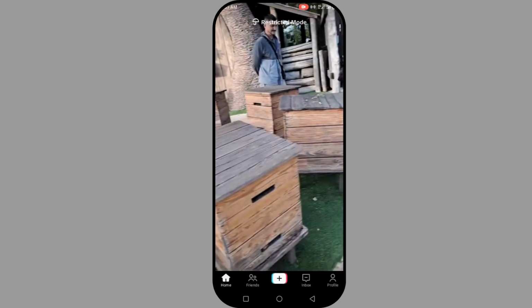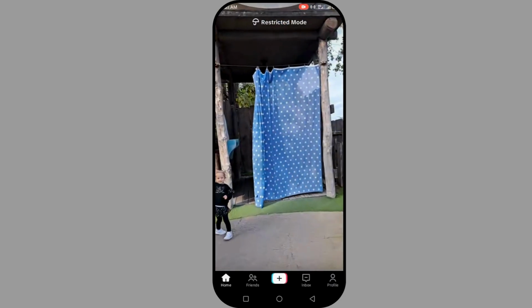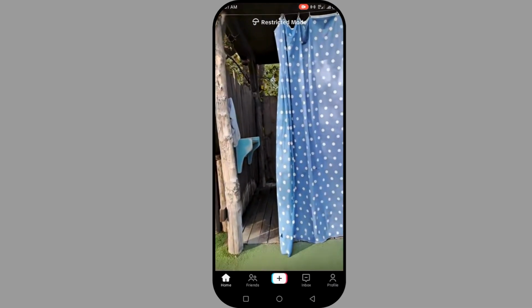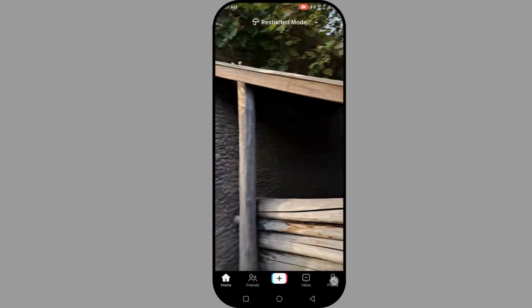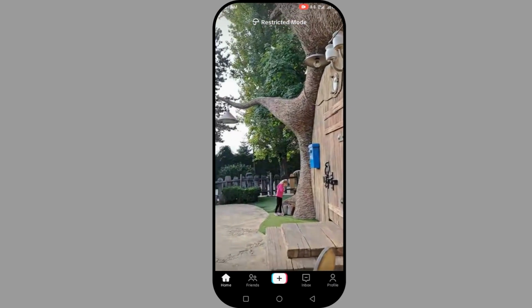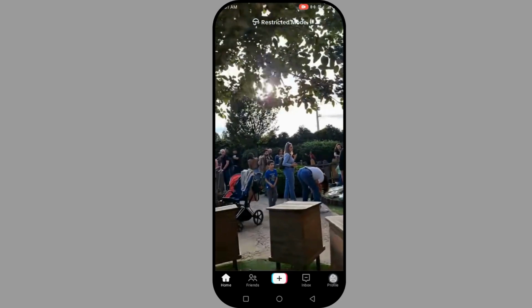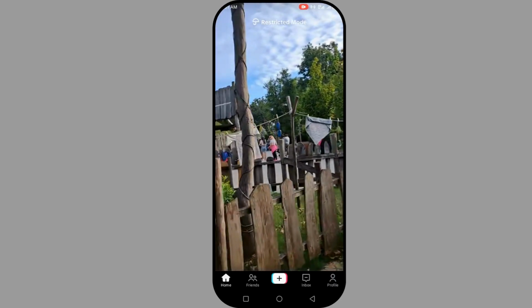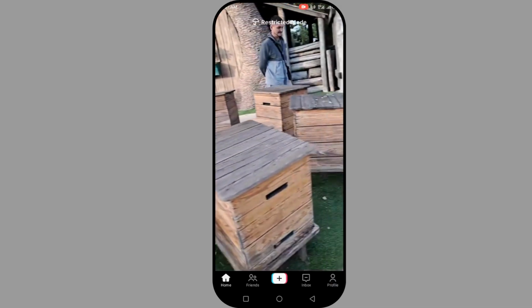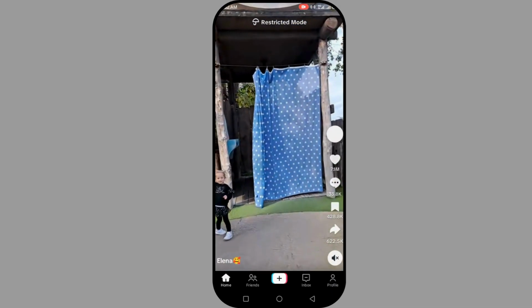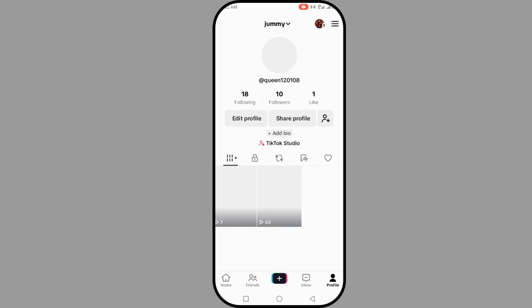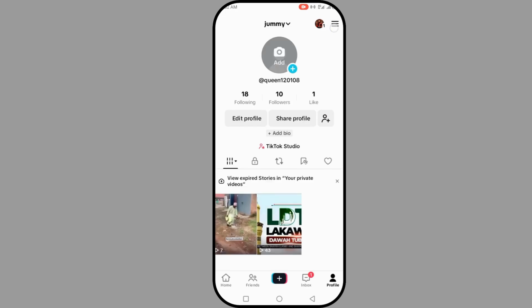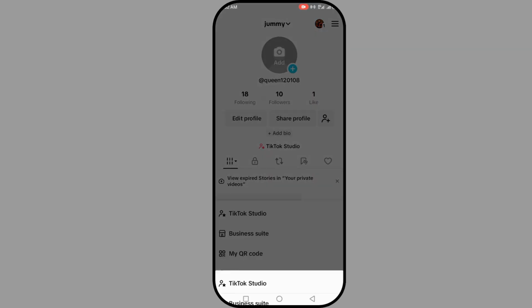Now let's open our TikTok. It's opening. Now what we want to do is come to the profile picture here. Click on your profile. Click on your profile. Now the next thing is you're going to click on this three line,